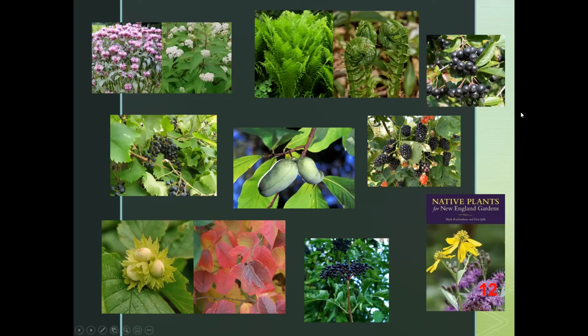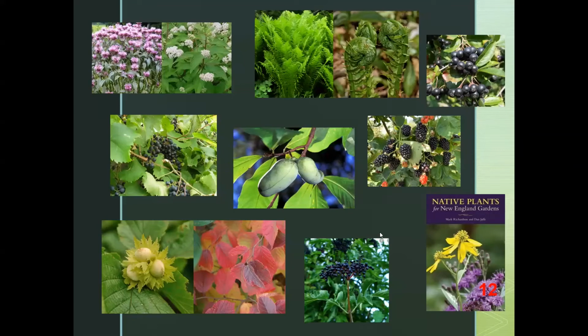There are a lot of wild berries and grapes. Pawpaw is becoming very popular. There are a number of varieties of these that you can plant. They do require a bit of space and they tend to colonize, but if you've got a corner of your property where you don't mind having some things that'll spread out a bit, this is a great choice. There's hazelnuts, which not only provide delicious nuts for us to eat, but the plant also has wonderful fall foliage.